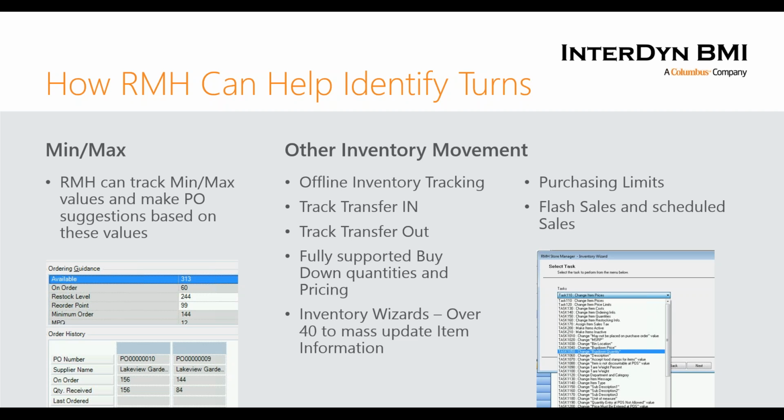The supplier A, are they willing to ship you in units of 6, but supplier B is only willing to ship you in units of 12. It gets into the minimum order quantities from a particular supplier as well. And so it'll use all of these pieces of information to help you make your purchase orders in such a way that it maximizes the amount of products you get when you need it